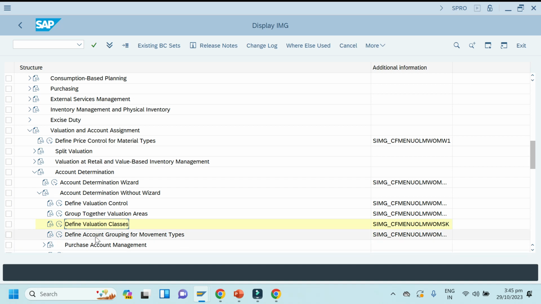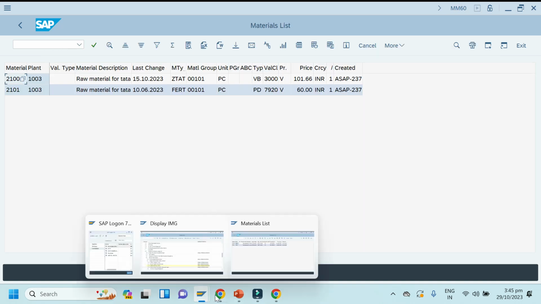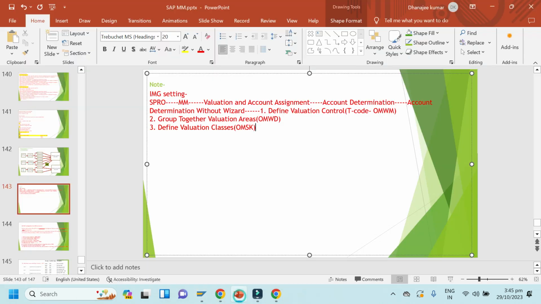Now we'll go with the fourth point. Note it down: define account grouping for movement type. So what is the T code? OMWN.